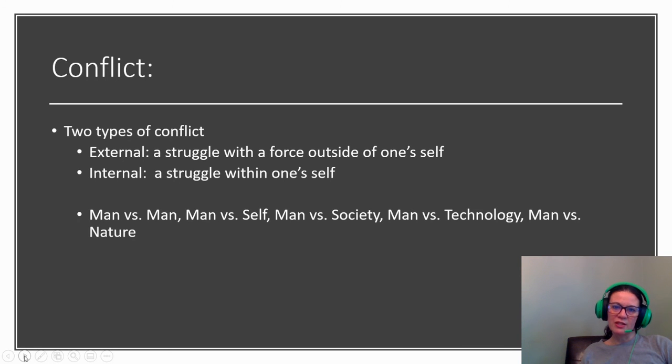Conflict, there are internal and external conflicts. External is a struggle with a force outside of oneself, and internal is a struggle within oneself. These are not all opposites. So there's a conflict of I want it, who's going to get it? Man versus self. You have vowed to yourself that you're going to eat healthy. You're going to eat lots of vegetables, drink tons of water, have fruits, lean meats, things like that that will keep you healthy. And your neighbor brings you a